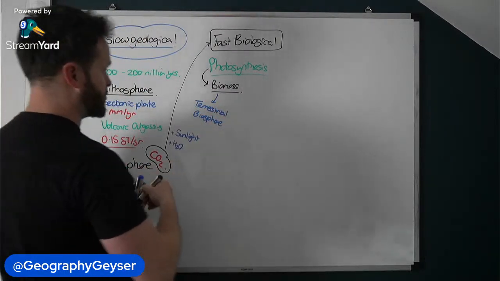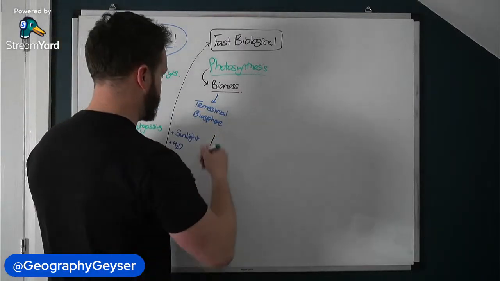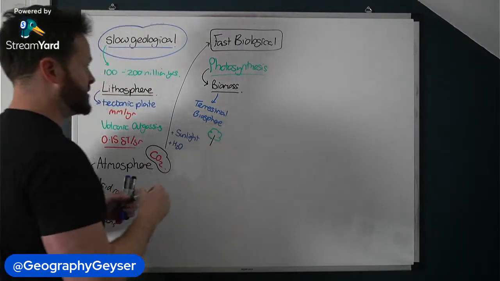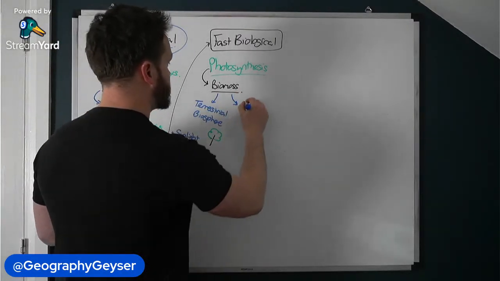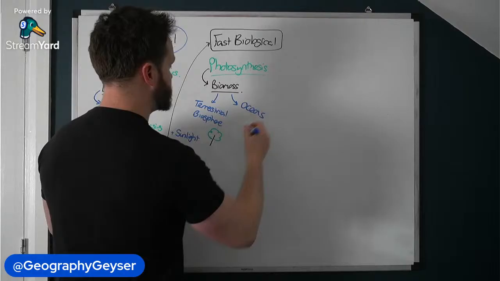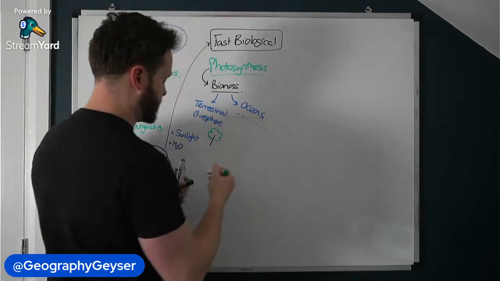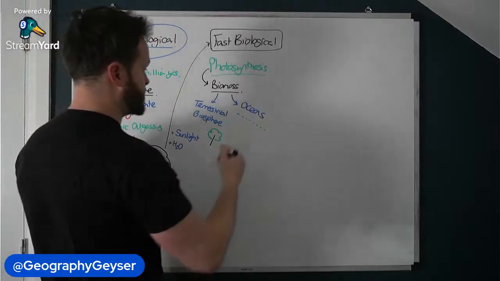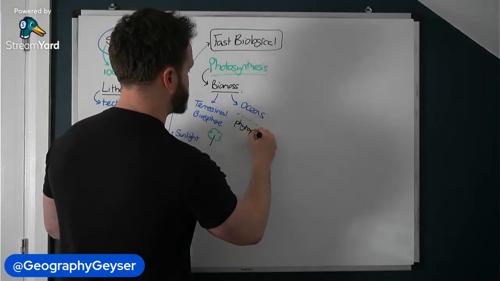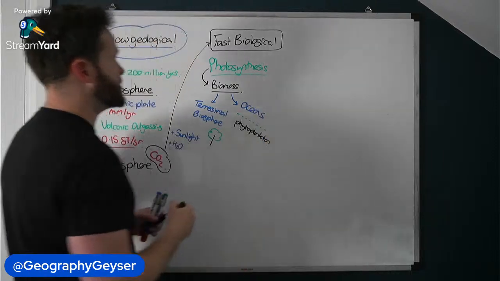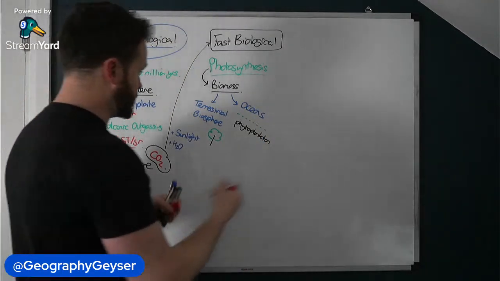And the primary way that that will take place is through vegetation, but it can also be sequestered into biomass in the oceans. And the way that it's achieved in the oceans is by the little green things in the top of the oceans, or in the surface layer of the oceans, which are phytoplankton. So if it wants to enter the fast biological cycle, it can do it one of these ways.